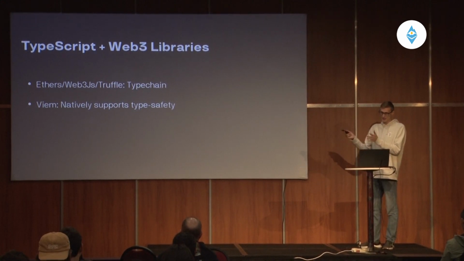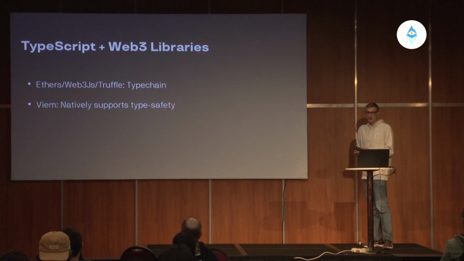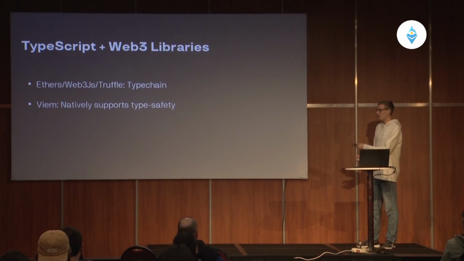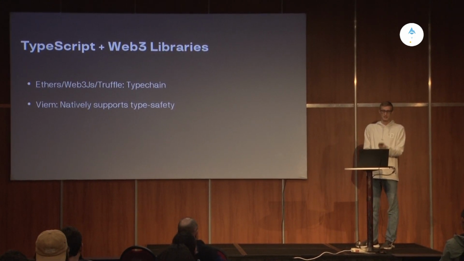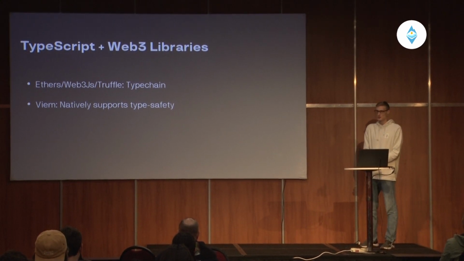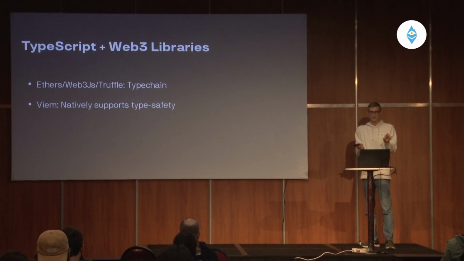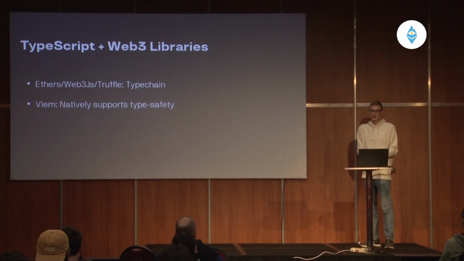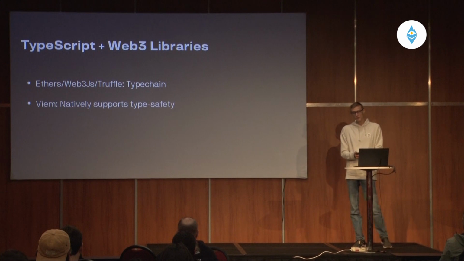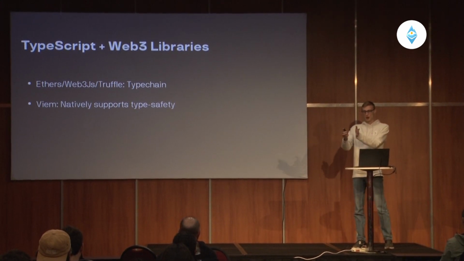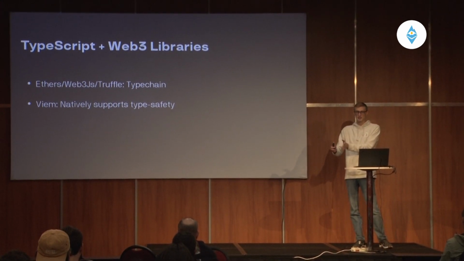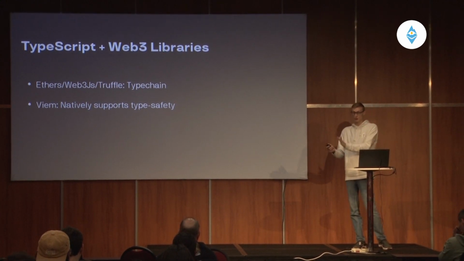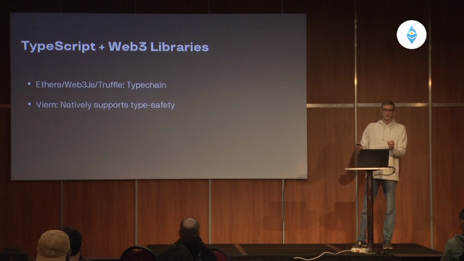And Viem actually even takes it to the next level. They support this type safety natively. They also have a lot of helpers when it comes to generating signatures. So I mentioned on the signature slide, you have this EIP 712, signed typed data. Typed data is really, really common when you're trying to work with signatures. And it's kind of a pain to work with, because if you're trying to get a user to sign a specific piece of data, if a single piece of that data that you're signing is not correct,